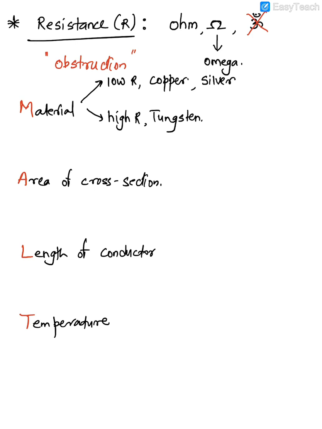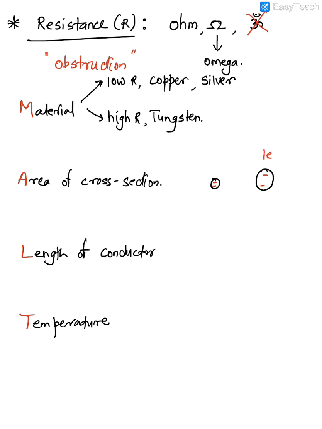Then area of cross section. Say you have two options. There is one wire which is a thin wire, like this, and there is another wire which is a thicker wire. So thin and thick. You can see one is like a ball pen and one is like a whiteboard marker, that thick. Now if you have electrons to flow through them, let's say there are these 2 electrons flowing through this and there are other 2 electrons flowing through this also. In which one do you feel they will go more freely or with fewer collisions?